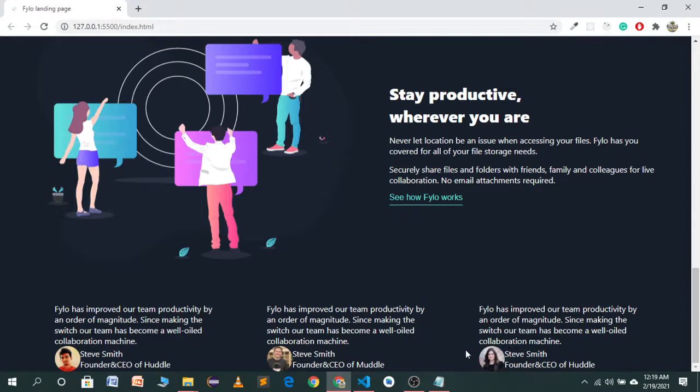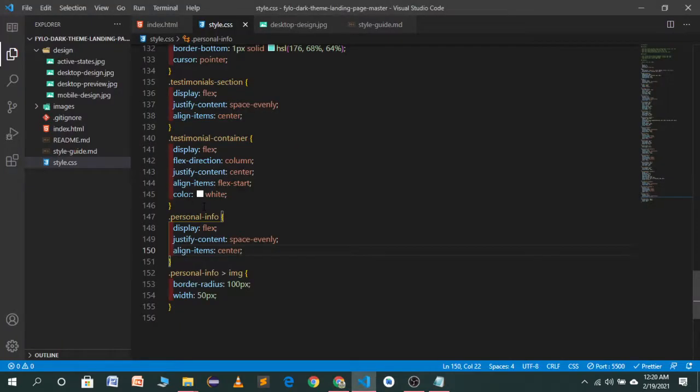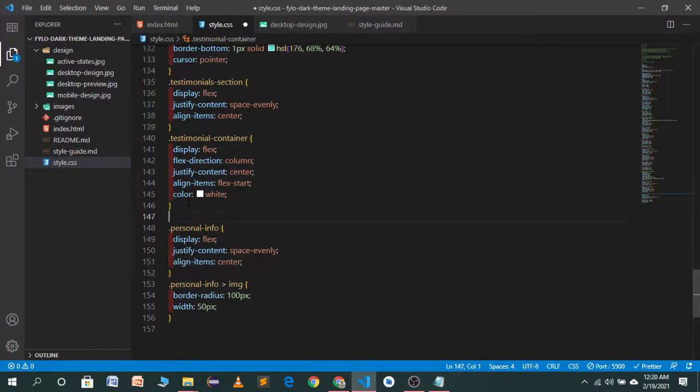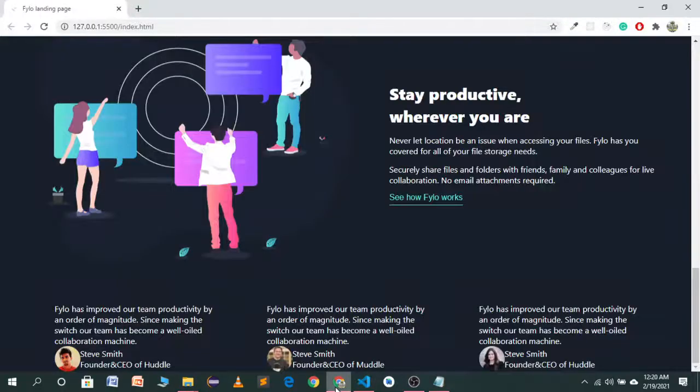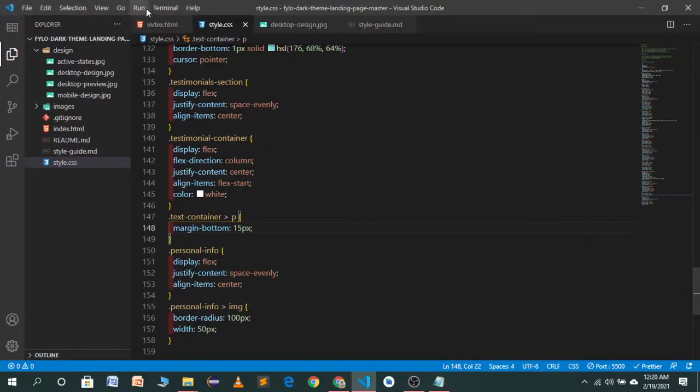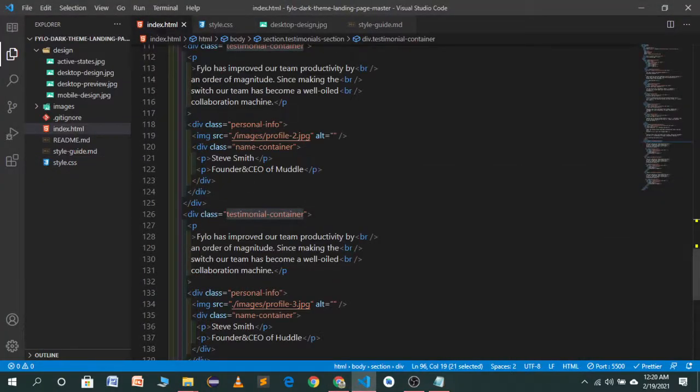It's looking good, but we want to target our paragraph, which will be in a testimonial container. So in the testimonial container, target the p tag. We want a margin bottom of 15 pixel. Let's see how it looks. So go to our index.html.